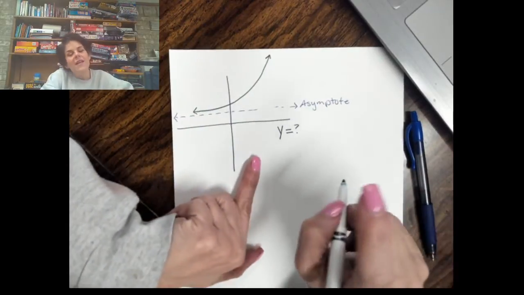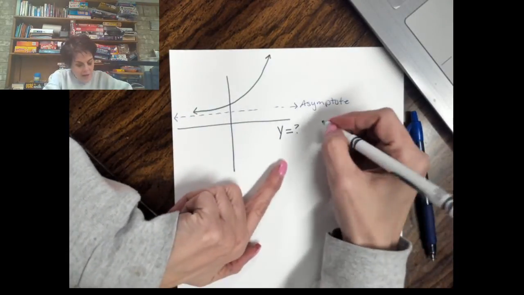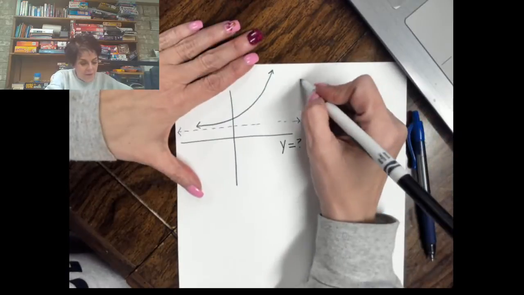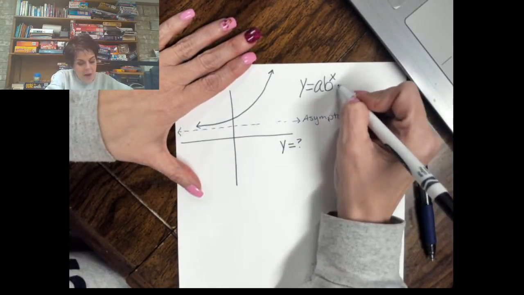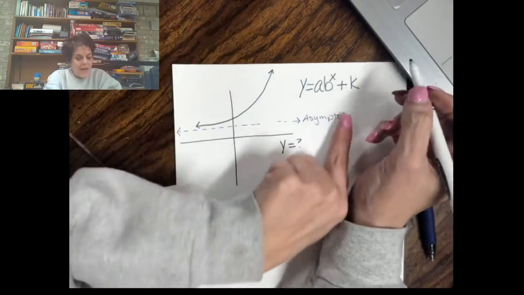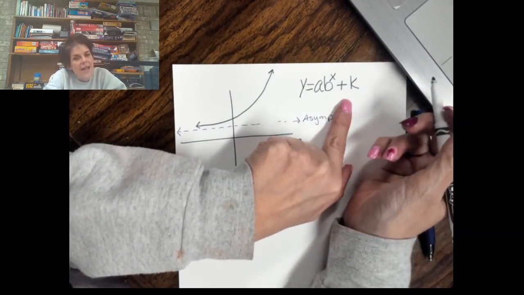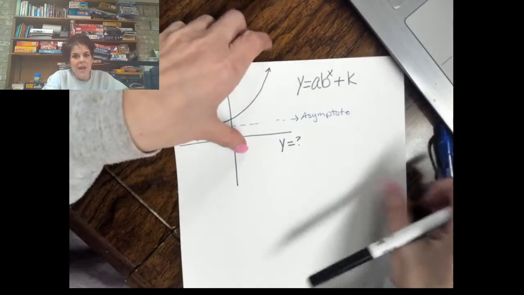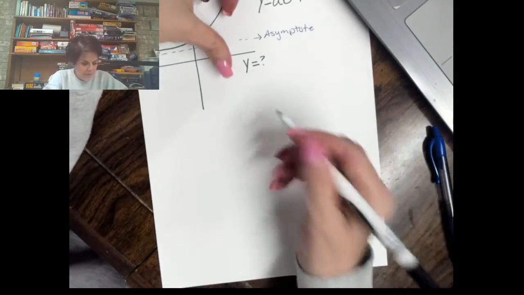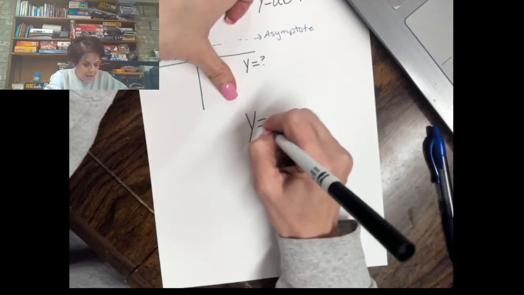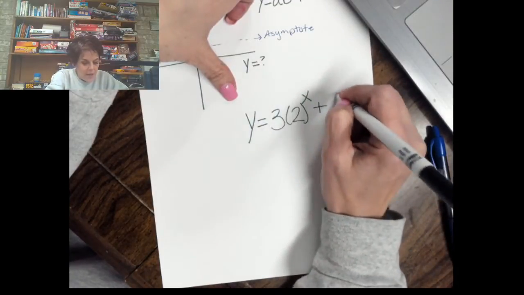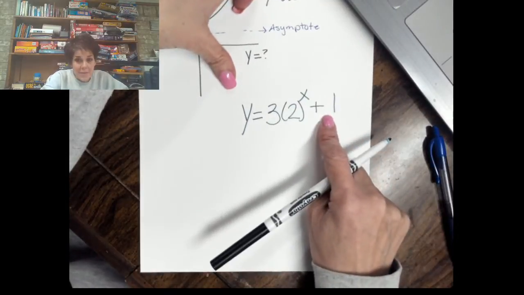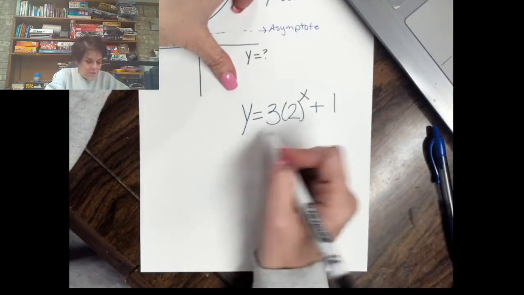And if you watch that other video I showed y'all, I showed you about this y equals ab to the x power plus k. And I told you that k is always the asymptote, so it's a little easier to kind of tell on that. So like for instance, if I did y equals 3 times 2 to the x power plus 1, the asymptote would be 1. Meaning if you were to graph this,